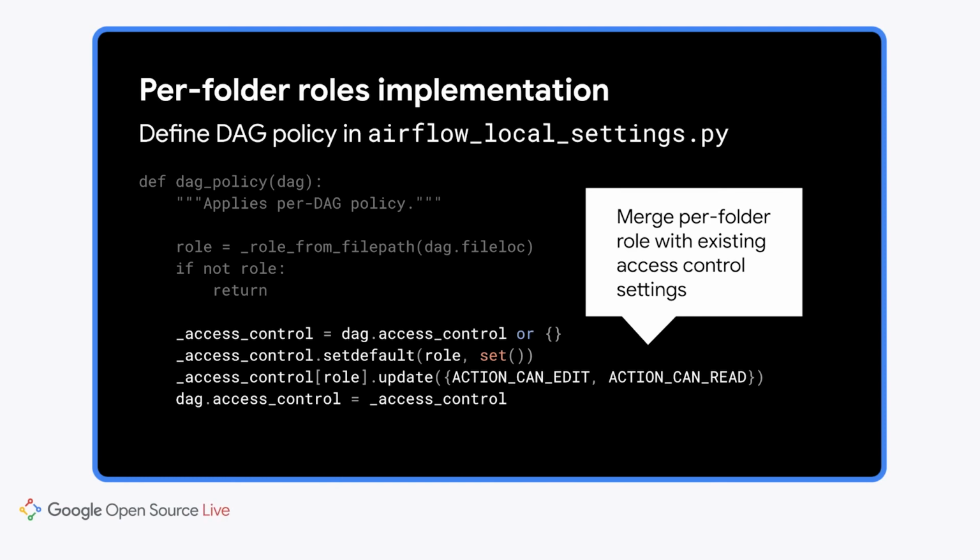In the recent versions of Airflow 2, settings from the modified access control property are automatically synced to our Airflow RBAC tables. Admittedly, we also needed to add a couple of small patches in other places of our Airflow codebase to improve handling certain scenarios, like when a DAG is deleted. But hey, with open source code, that's easy too.